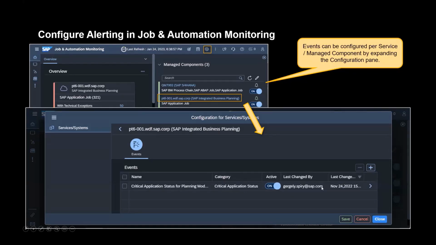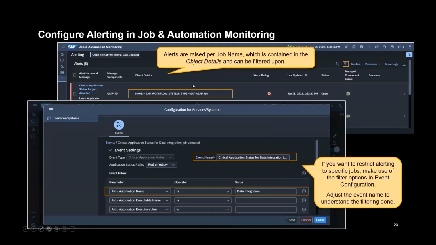This is one example for such an event of the type critical application status. And if somebody does so, then basically for the given service, all jobs will be monitored for the corresponding alert